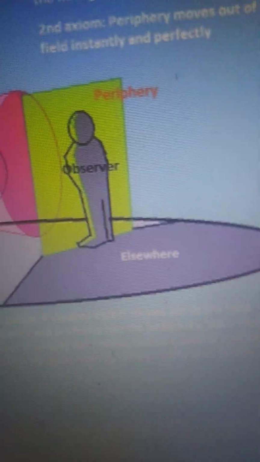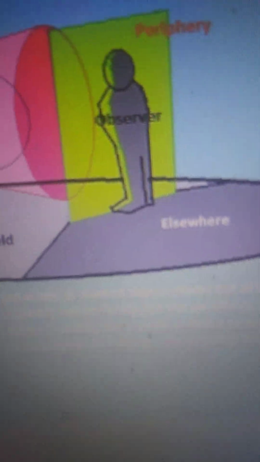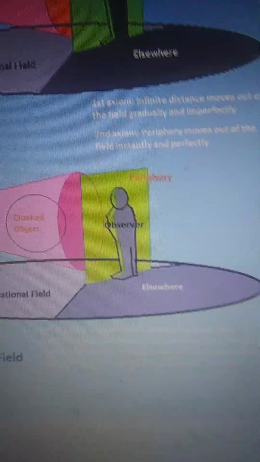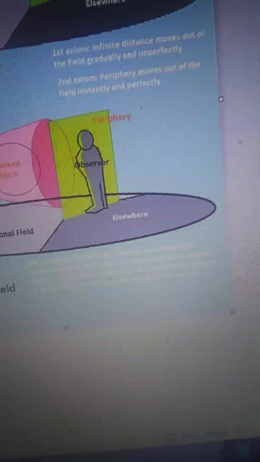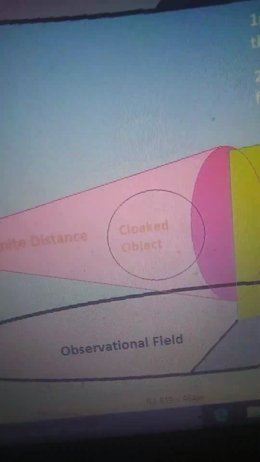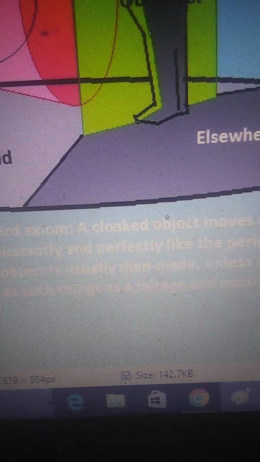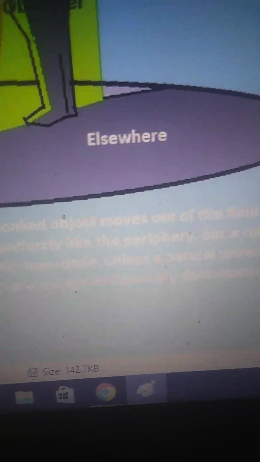The third axiom that I have. Let me just increase this in size. Move it down some. The third axiom: a cloaked object moves out of the field